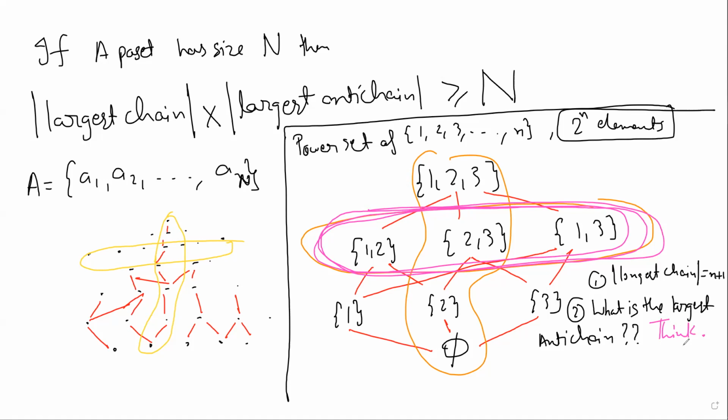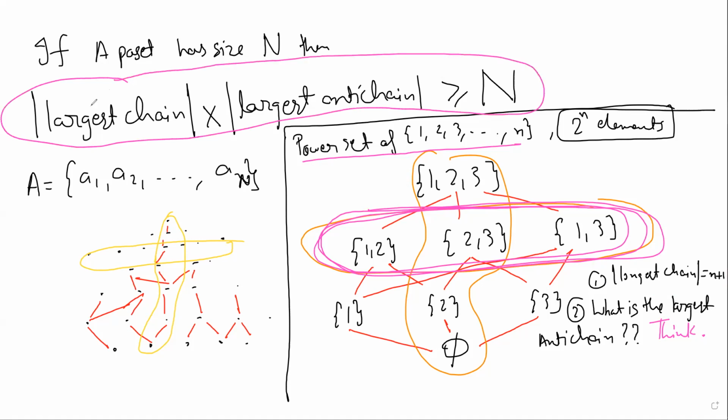That is possible, but in this poset, this poset of a power set, yes. In general, if you just start with a set and you don't put any relation, then there is no answer, right? So even this longest chain only applies to this case, in this nice case. In general, nothing can be said like that. In general, this can be said though, which is quite an amazing fact. If you just see this without a picture, it's quite amazing. Dichotomy. So if this is n, basically either this is square root of n or this is square root of n. At least one of them is more than square root.